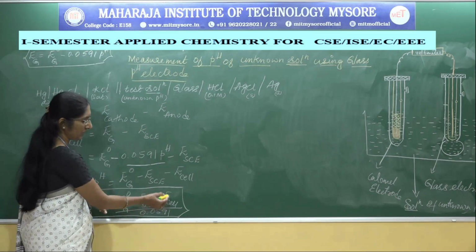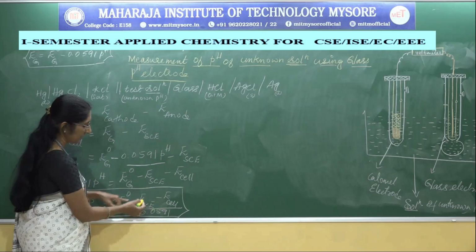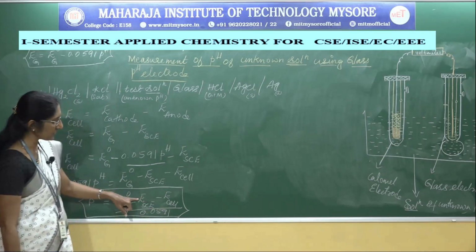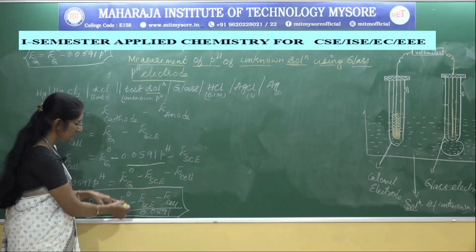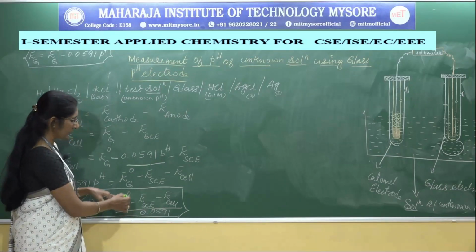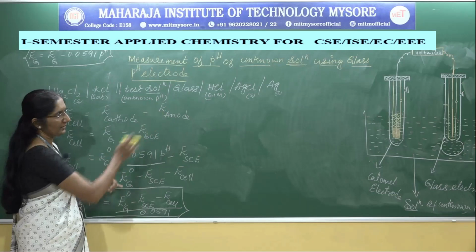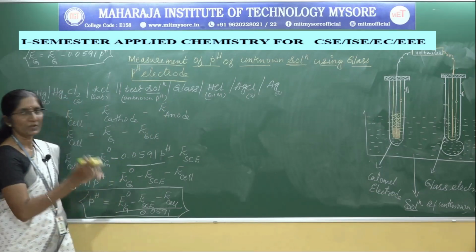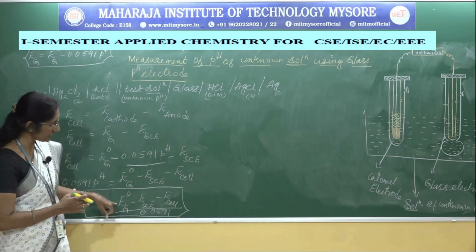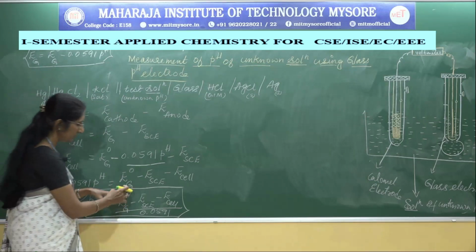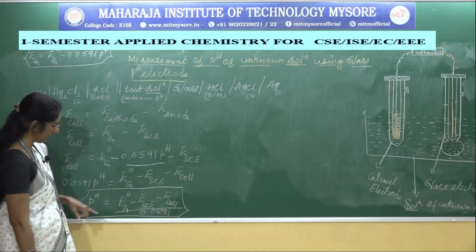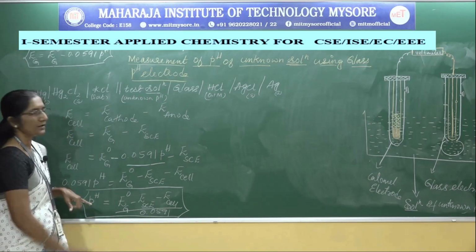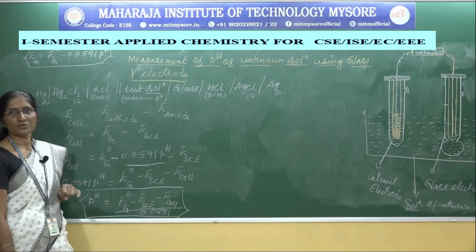The E cell value is obtained from the voltmeter, then E saturated calomel electrode is known to us, its value is 0.2422. Then the E naught G value is calculated by placing this galvanic cell assembly in a buffer solution of known pH. So, by substituting all these values and dividing by 0.0591, we can easily calculate the pH of a given unknown solution. So, therefore,